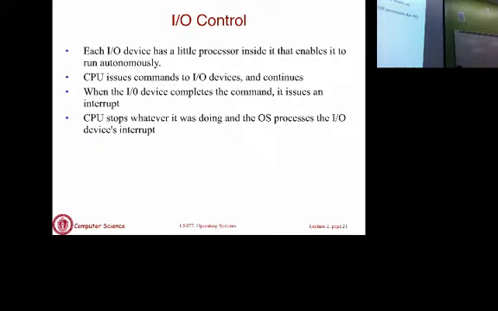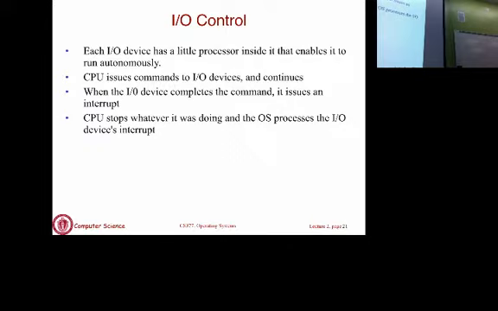You will issue commands to the I/O device. The processor on the I/O device will go off and try to execute those commands. Because it's slow, it's going to take a while. The OS will start doing something else in the meantime. Typically, that means executing some other process. And when you're done, interrupts are raised.